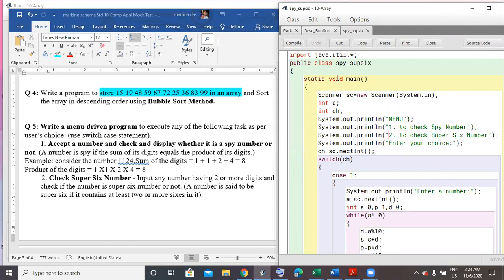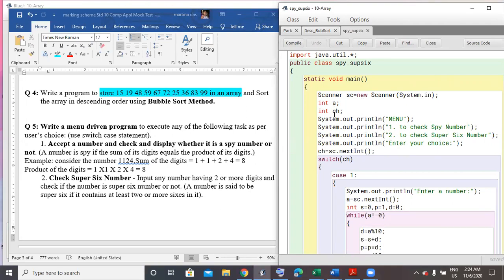So first in the program, as usual, since I'll be accepting values from the user, I need to use the Scanner class. So I'll be importing the util package. After that I mention the class name and the method name. Here it's not mandatory that you specify; the name can be main. There is no restriction on the name of the class and the method. You can use your own choice. After that, I'm initializing a scanner object so that I can accept values.